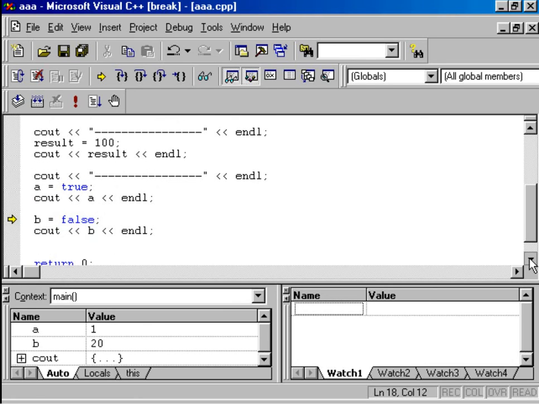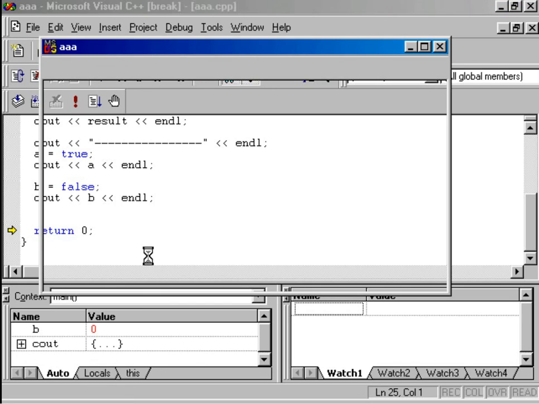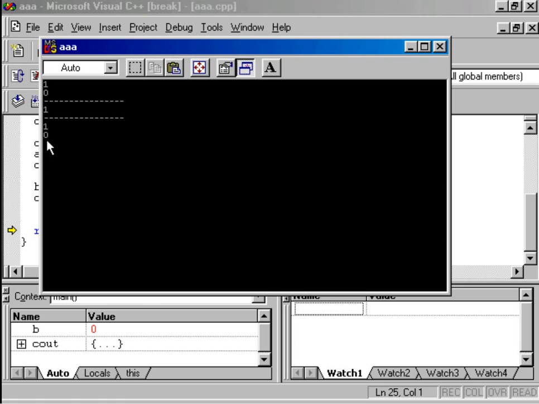One more experiment with this one. This time I am assigning false to variable B. B is the integer type of variable. Right now content is 20. After assignment of this false value to B, let us see the result. Again press Ctrl F10 and see the result. What is the value?